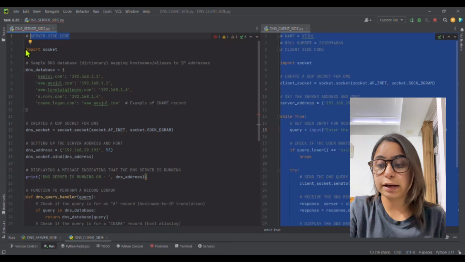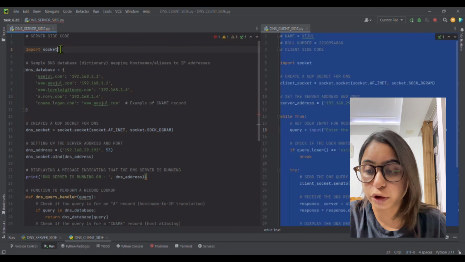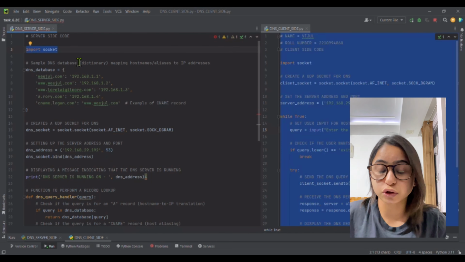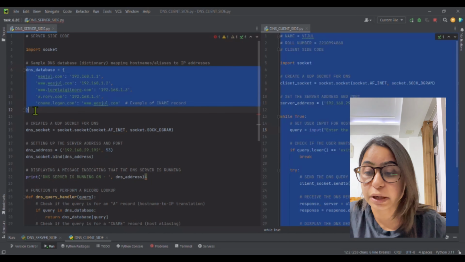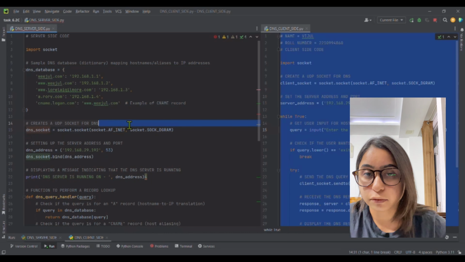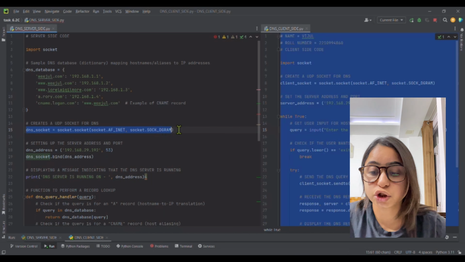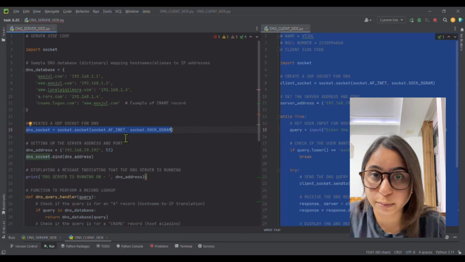In the first line, I have imported a socket module which has the functions for socket programming. And then I have defined a sample DNS database dictionary in which I have mapped the hostname to the IP address. And then I have created a UDP socket for DNS communication in which I have used the socket method,